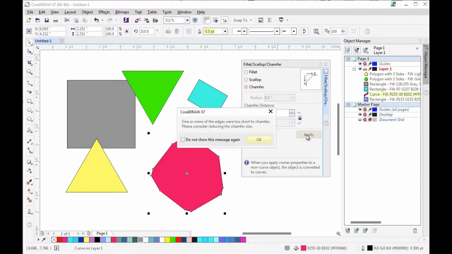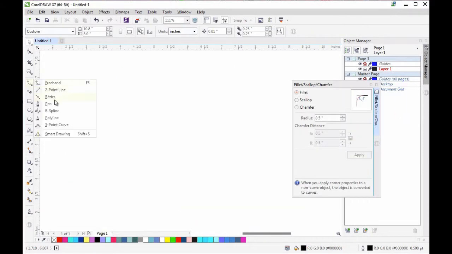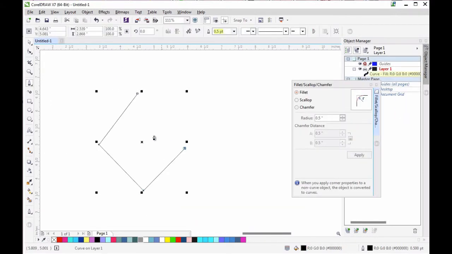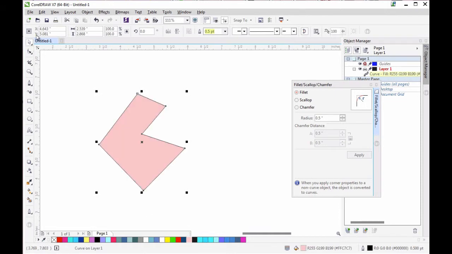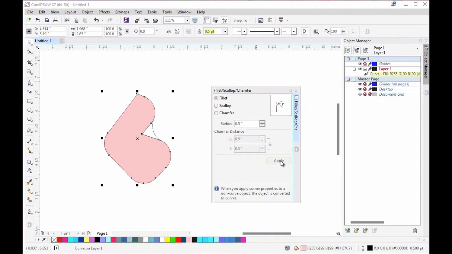You can adjust 2 points to create that distance, either locked together or separately. What about an asymmetrical object? Use the pen tool from the toolbox to draw a multi-cornered object and fill it with whatever color you want. Starting with the Fillet option, set the radius to an arbitrary number and hit Apply. Even though this object was already a curve, multiple corner options can be applied to it so long as it has corners. Undo and cycle through various options to get a feel for what this Docker can do to different